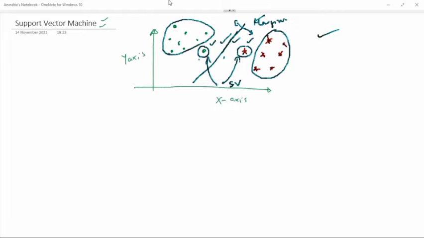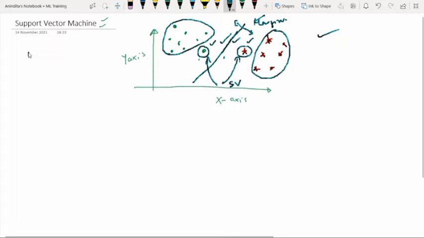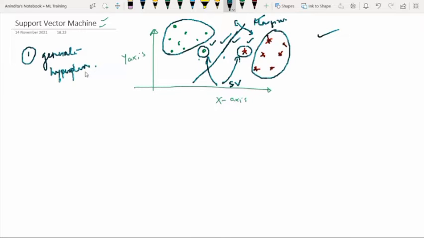SVM searches for the marginal hyperplane in two specific steps. What is the first step it will follow? First, it will generate one hyperplane which segregates the classes in the best way. And what is the second step?